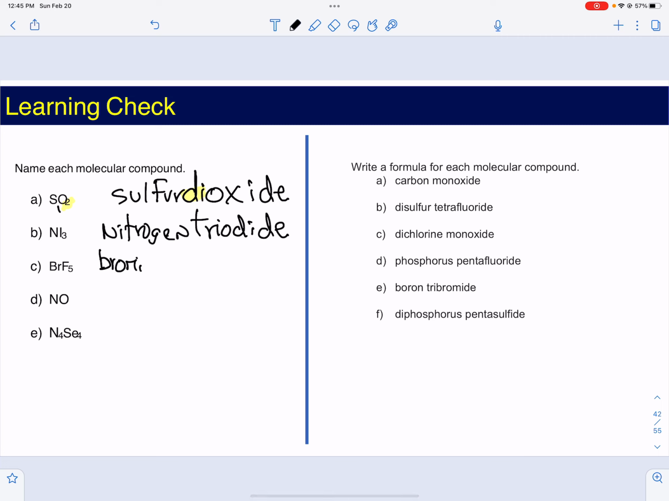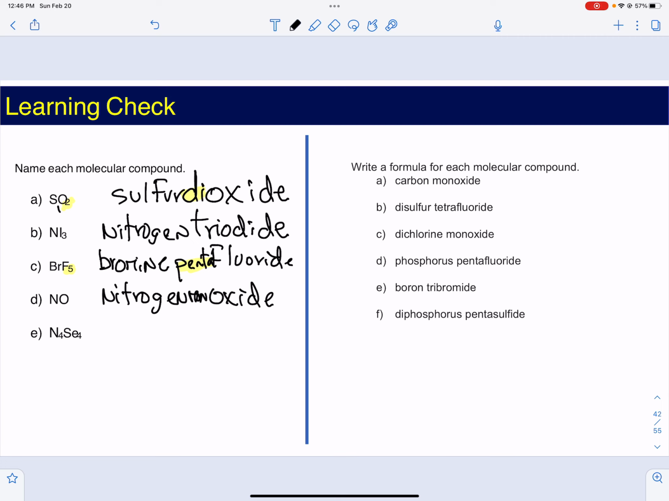On the next one we have bromine. Remember the first one doesn't change. Fluorine would change to fluoride. And we have 5, which is pentafluoride. Following one is nitrogen, oxygen changes to oxide. Nitrogen is 1, but we don't use mono. However, the oxygen is 1, and we use monoxide. So nitrogen monoxide. That changes slowly, but it's still there. And the last one is going to be